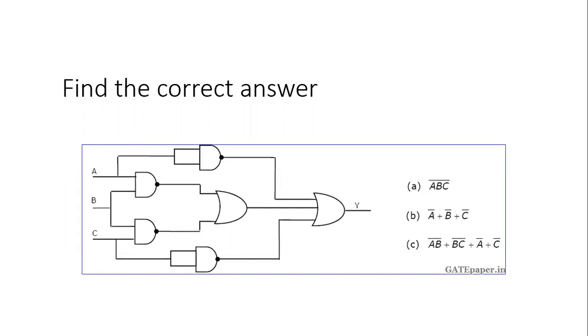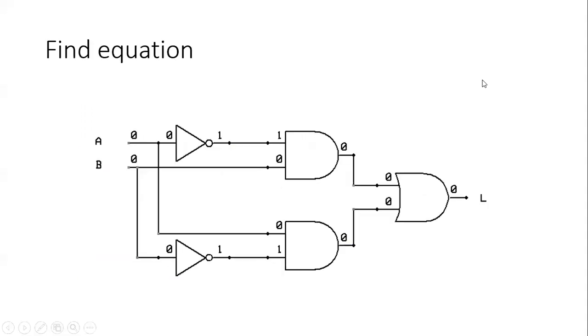Which of the 3 options will become the answer? C, ma'am. Very good. So see, you are able to do it very well. Got the idea now, right? Nice. So this is how we have to solve it. Just go step by step. Don't be in a hurry. So you got the answer as C. Those who have not got the idea how we got answer C, try to do one gate at a time, very slowly and gradually. You will surely get the answer. Now you have got the idea about it.